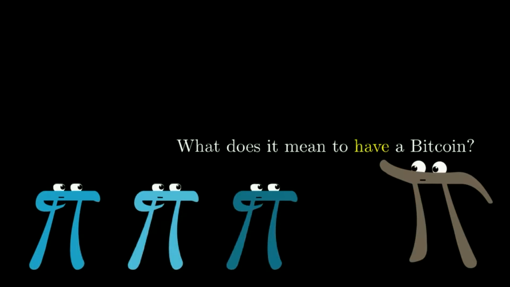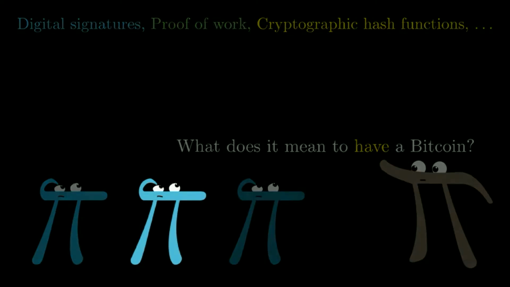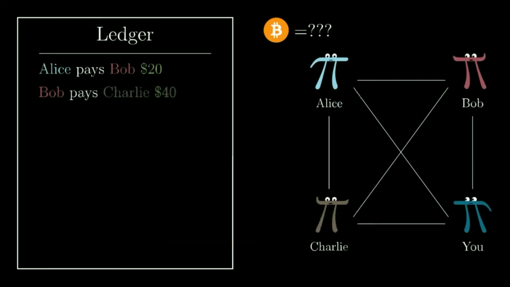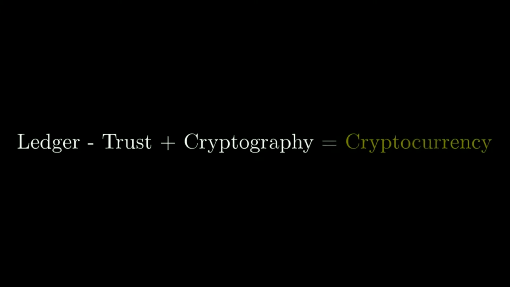To get there, and to make sure that the technical details underlying the answer actually feel motivated, what we're going to do is walk through step by step how you might have invented your own version of Bitcoin. We'll start with you keeping track of payments with your friends using a communal ledger, and then as you start to trust your friends and the world around you less and less, and if you're clever enough to bring in a few ideas from cryptography to help circumvent the need for trust, what you end up with is what's called